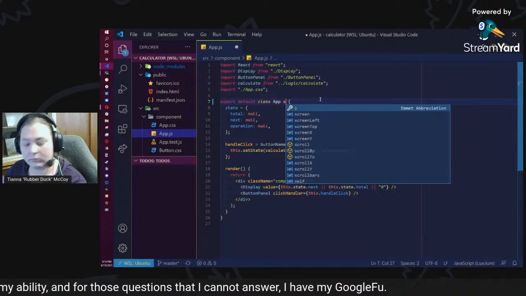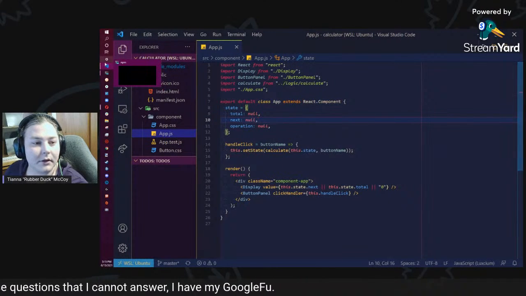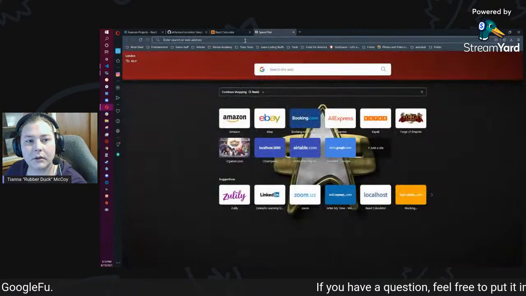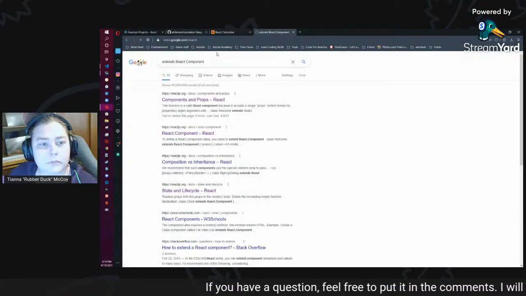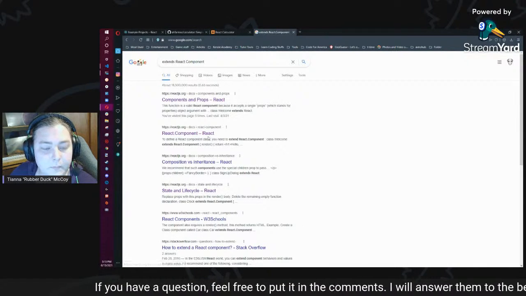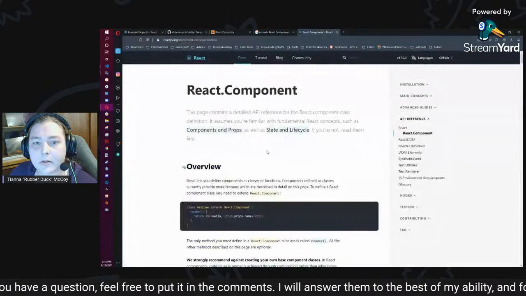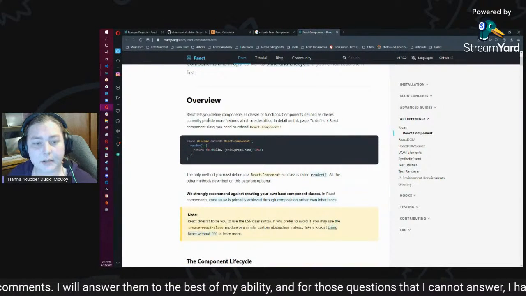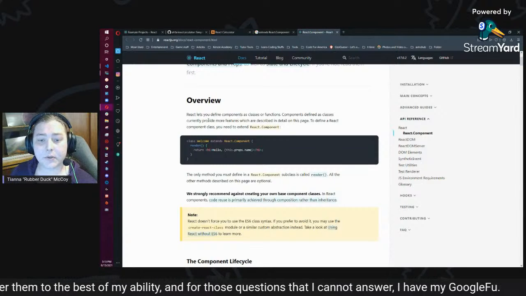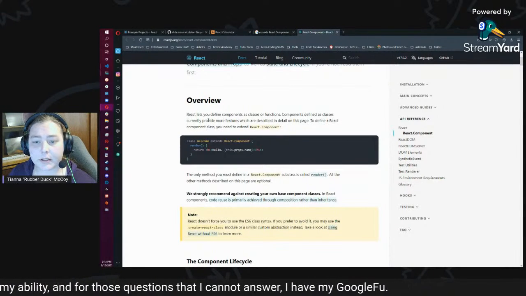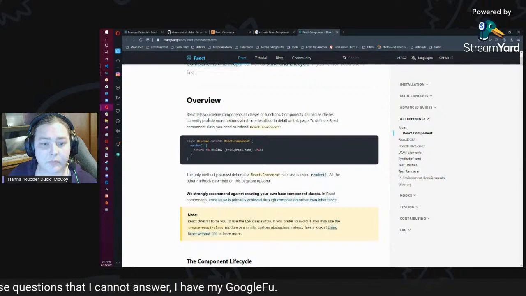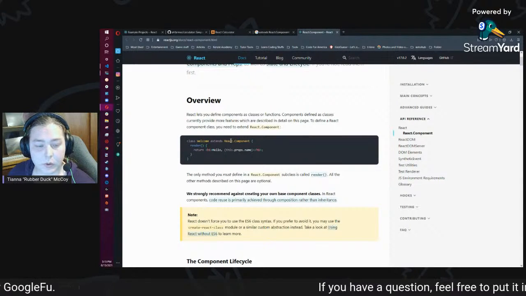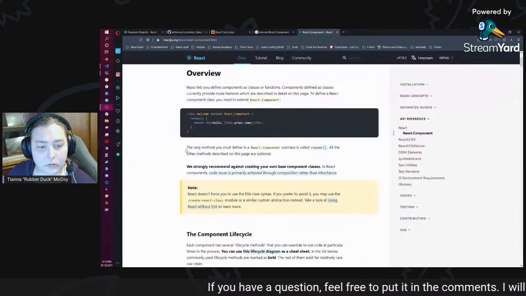Let's copy that. Let's go here and here. Google. React.component. React lets you define components as classes or functions. Components defined as classes currently provide more features, which are described in detail on this page. Okay, so